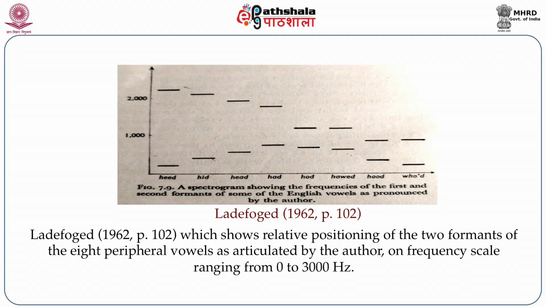In case of back vowels, you find that the 2 formants have actually moved closer together, and they move gradually a little apart as we move from hard, hod, and hood, and who'd as the last